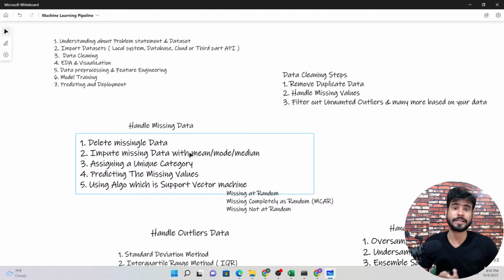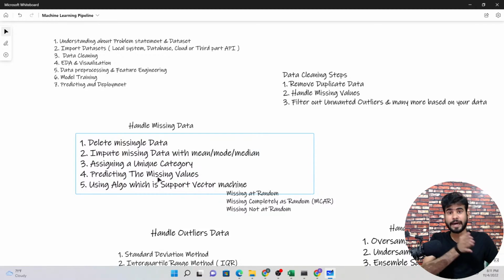If you have categorical data, we can use the mode function. If you have numerical features, it depends on the data and the column, and we can apply a different function to impute the missing data. Next we have assign a unique value. Another method for missing data is to apply a unique value. Next we have predict the missing value.